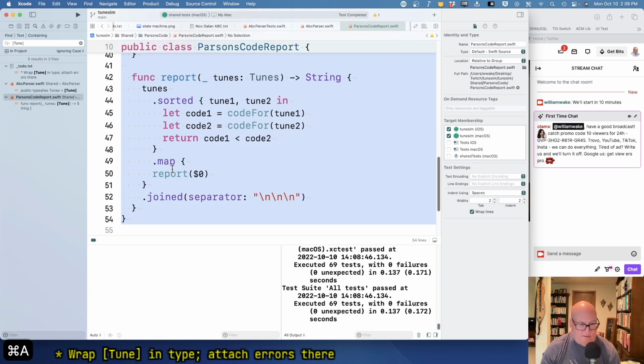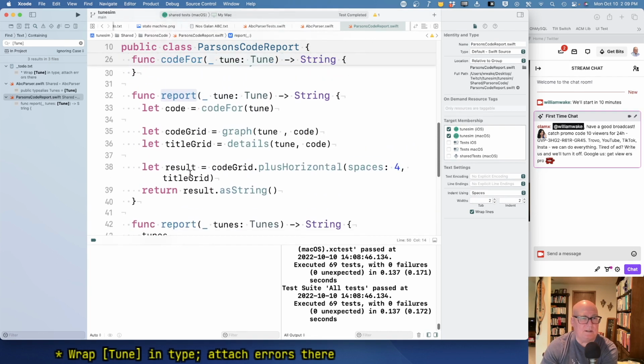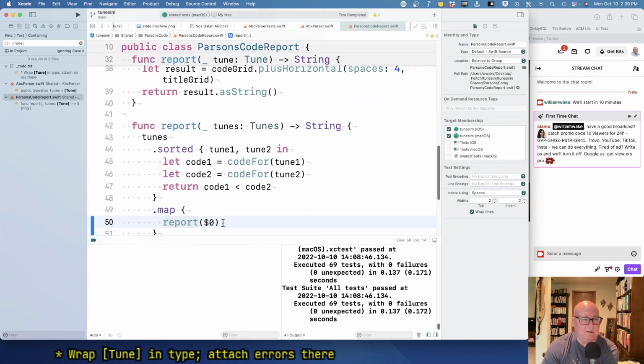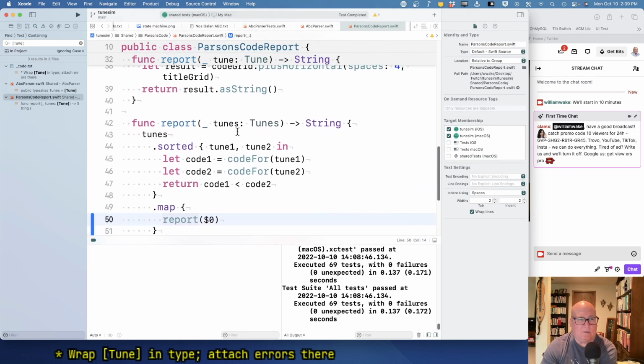This looks okay. Calls map and report on a single tune. Okay, so I think we're saying